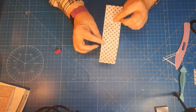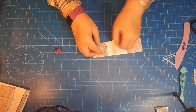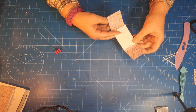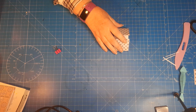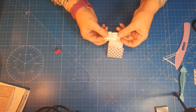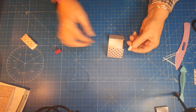So there's my paper clip, my staples at the top, and I've got my little notebook. So I'm going to bring these back over. So I've got my gussets, which means that I've got room for my note pages, and I've also got some Velcro dots. Now these dots looked quite big for this project because it's only a tiny little notebook, so I've